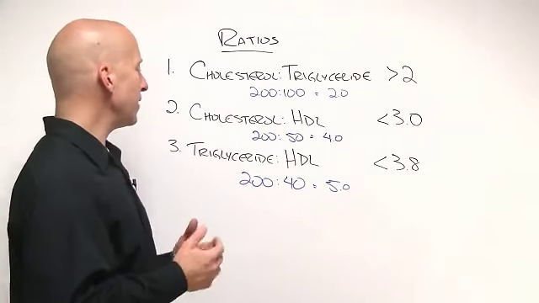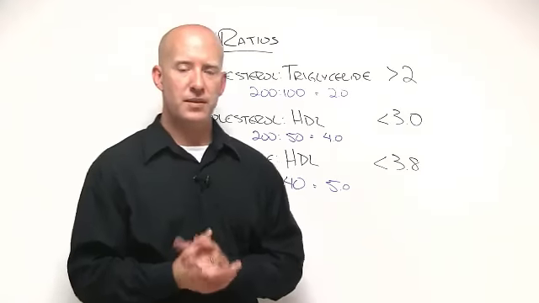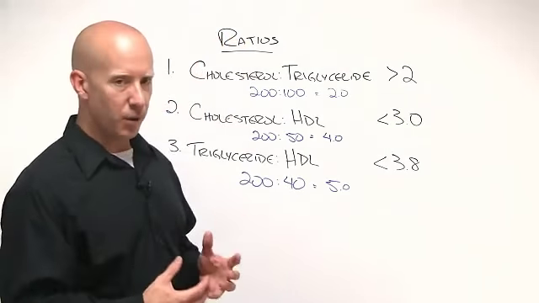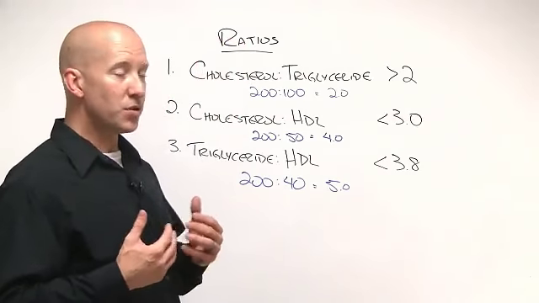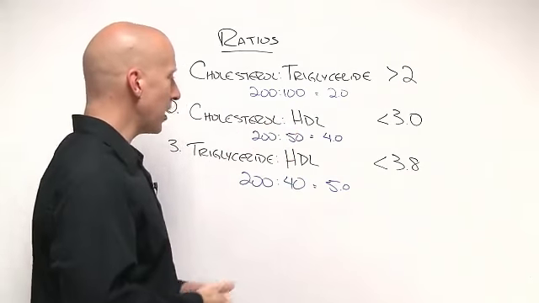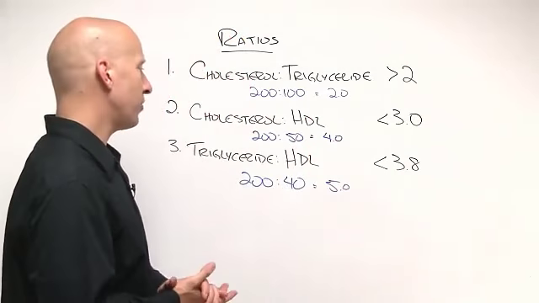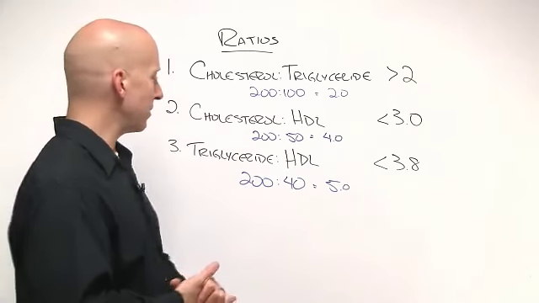The next one is actually conventional, and this is found on most standard blood chemistries: the cholesterol-HDL ratio. HDL cholesterol is not looking at the particle amount, it's looking at the amount of cholesterol within HDL particles. It is not necessarily a great marker for assessing one's risk of cardiovascular disease. But the cholesterol-HDL ratio from a conventional model assumes that the HDL cholesterol amount is helpful in preventing cardiovascular risk,